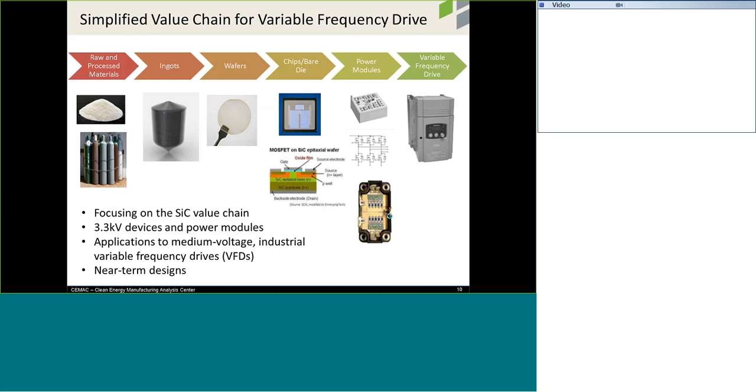For the project, we specifically focused on ingots through variable frequency drives. We did not look at the processing of the raw silicon carbide material. And so we were looking at 3.3 kV devices, since those are kind of the cutting edge technology right now. And the reason we were focusing on medium voltage industrial variable frequency drives is industrial energy use is the largest